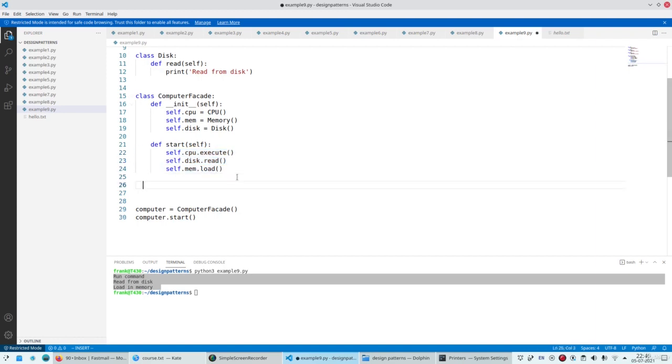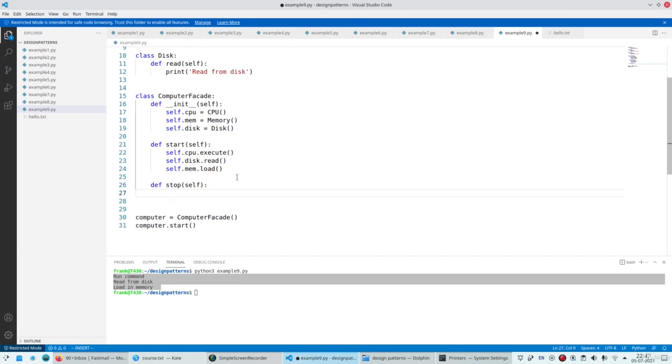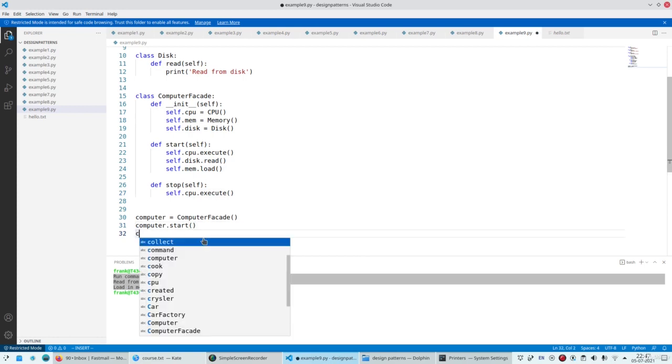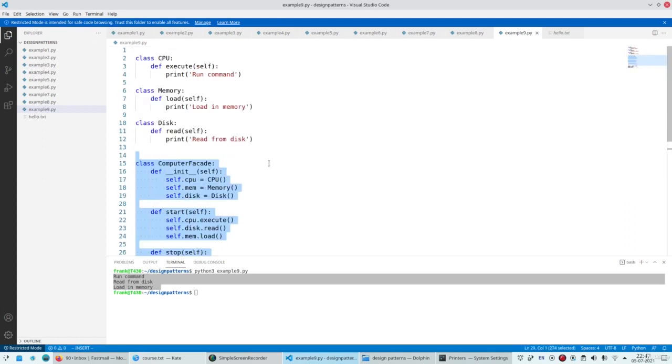Now, of course, this will grow in time. So perhaps there's a stop method or other kind of things you want the computer to do. So stopping perhaps does something with the memory. So the end user only needs to know about the methods in the facade, and it doesn't need to know about the subsystem. Now, of course, in this example, we only have 3 methods for every component,